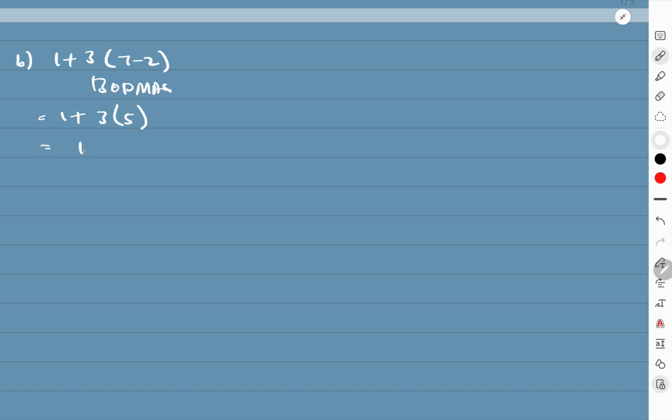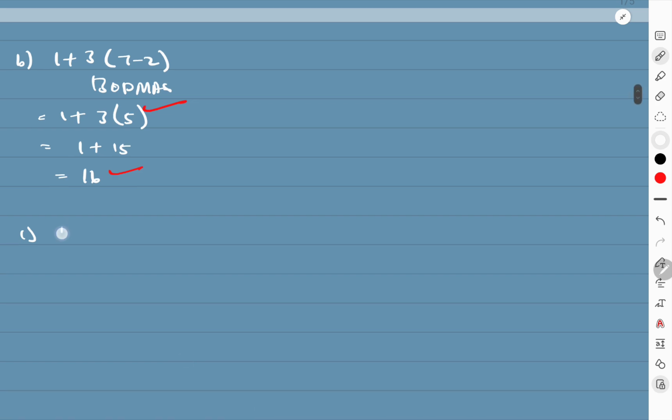Therefore I'm going to have 1 plus, and we know that a bracket also means multiplication. Therefore I'm going to have 3 times 5, that is going to become 15. Therefore I'm going to have 1 plus 15. My answer becomes 16. You are going to receive a mark for dealing with whatever was inside the bracket, knowing very well that we have to prioritize our bracket. Then you receive a mark for the final answer, which is 16. Right, let us go to example